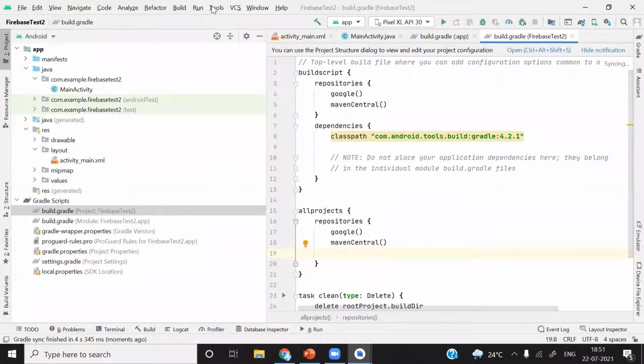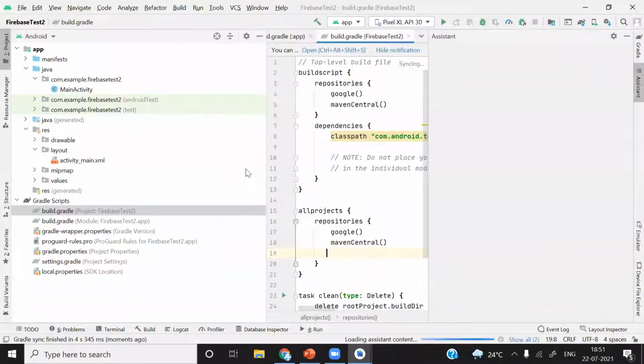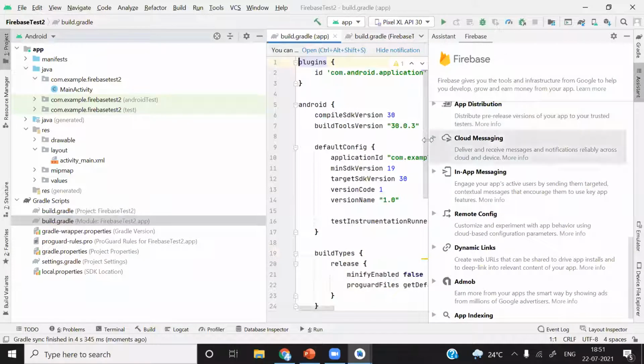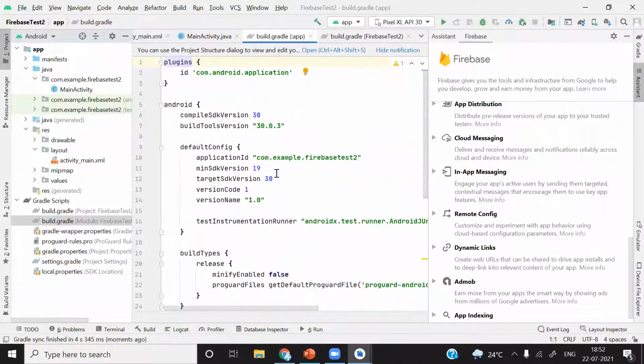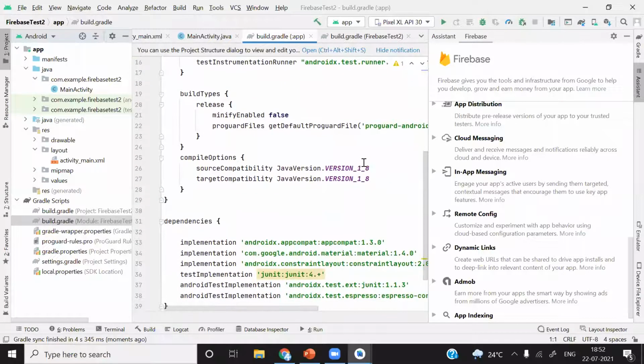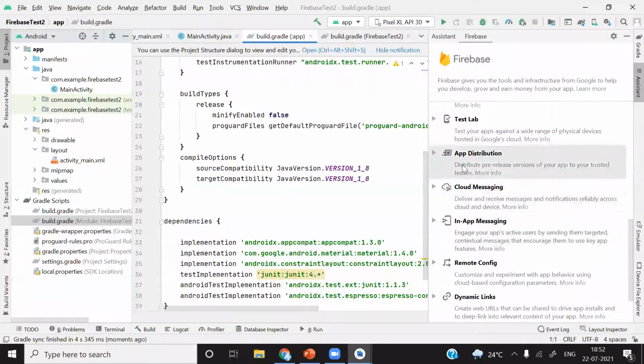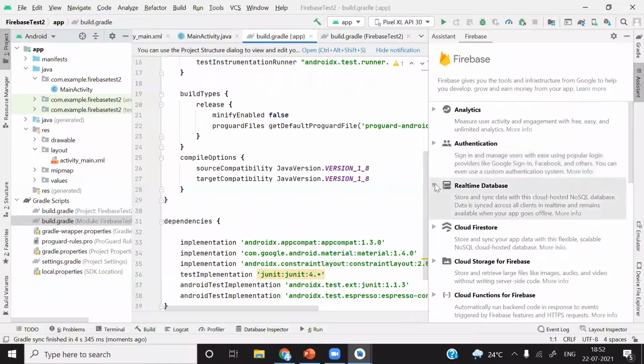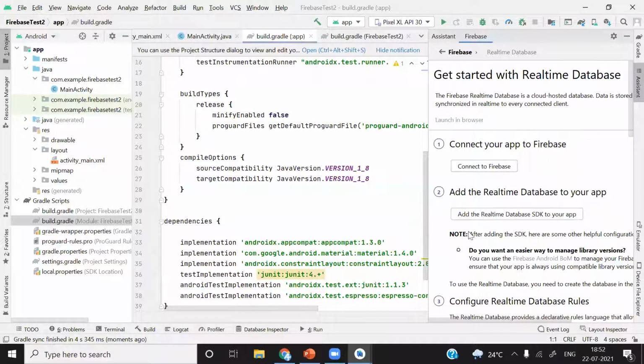After that, go to Tools again, Firebase. Select this option and click on add real-time database SDK to your application.